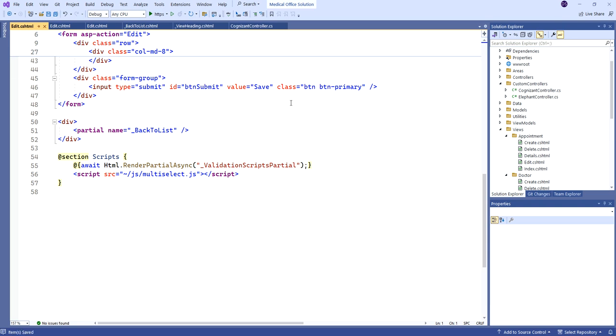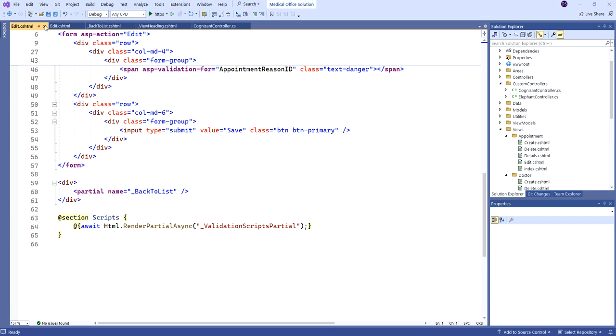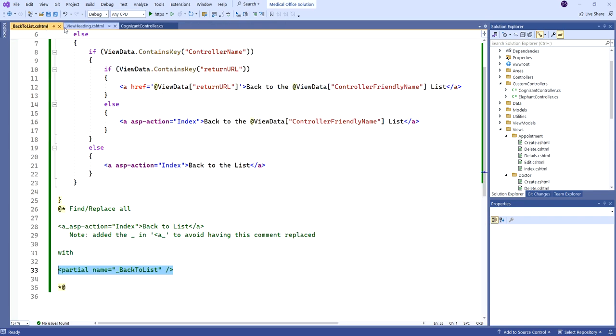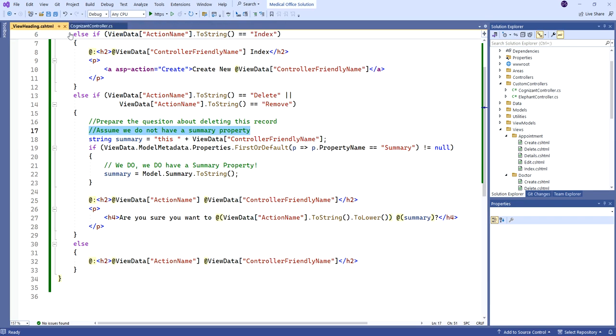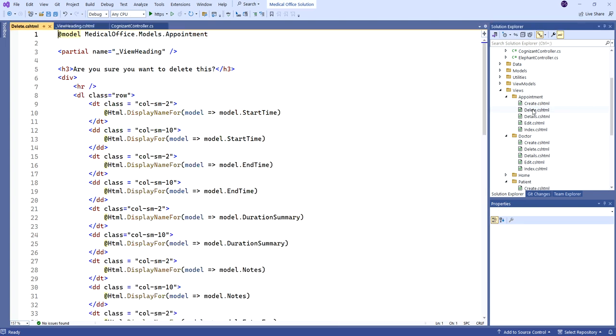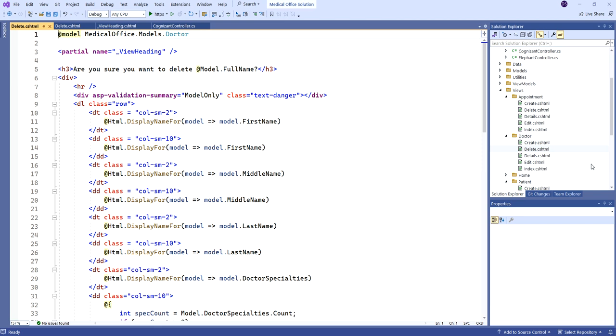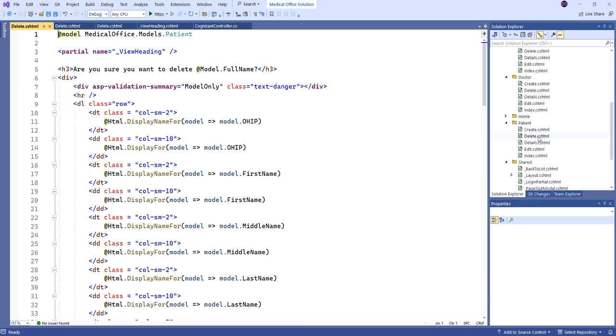All right, good. Now, I did also make that change. Let me just close up some of these to the view heading. The only ones that are really affected are our delete views. So let me just come into those three. I'll just get them all open at once, right? Now, I'm not going to do a search and replace here, but basically all we have to do here,